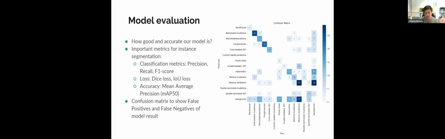So we are training this with YOLOv8, and we need to convert this segment to a polygon, and from polygon to numerical. This kind of process is required for the model to train based on numerical values. So we are talking about a model. We need to evaluate whether or not it is accurate. There are lots of metrics that we can use to see how good and accurate our model is, such as precision and recall.